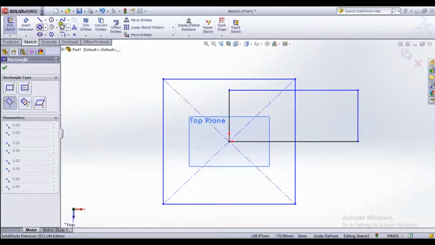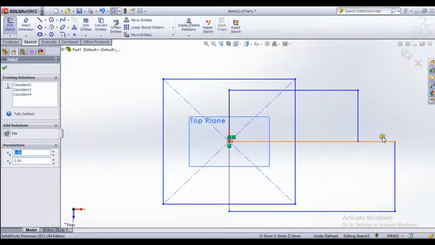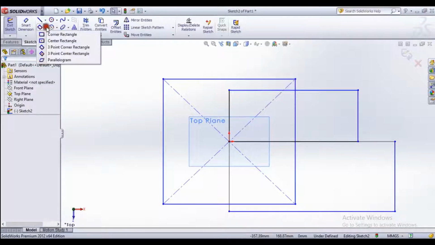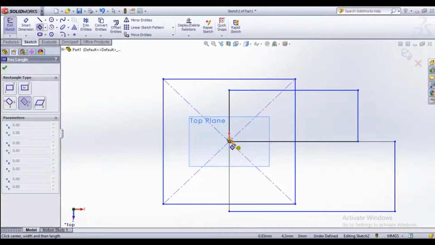The other rectangle is drawn using three points. This line is the first point, second point, and third point, and it creates this rectangle. The other rectangle is the three point center rectangle.